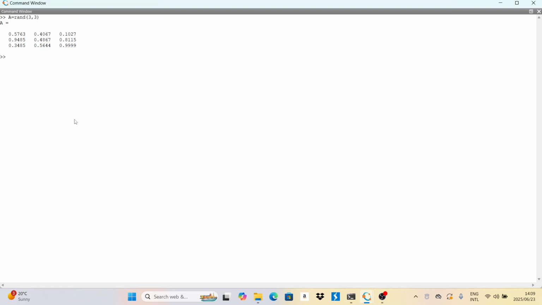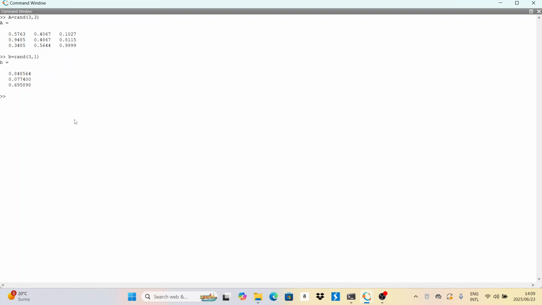For vector B, it is going to be equal to rand. So we're still having a random vector. So rand, and then for our vector, we're going to say the dimension is 3, 1 because we're having 3 rows by 1 column, right? Then this should give us our random vector.